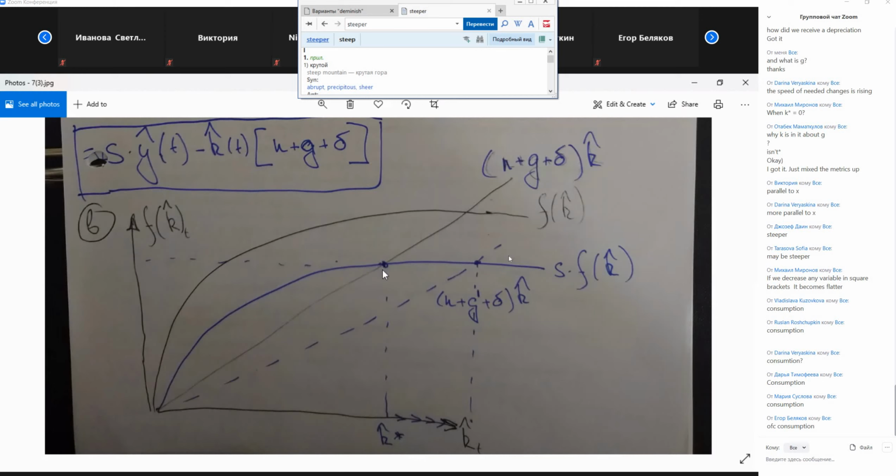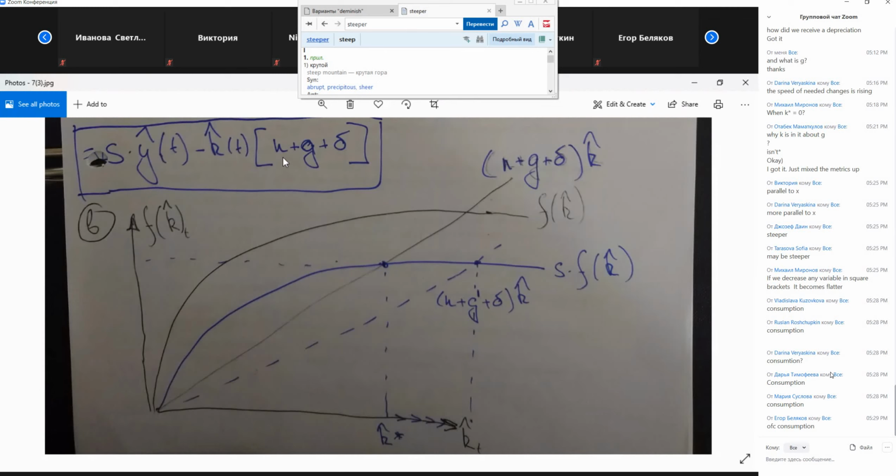So in aggregate terms, we know that the economy grows at this rate, n plus g plus delta. So in aggregate terms, in the steady state, our economy grows fast enough to